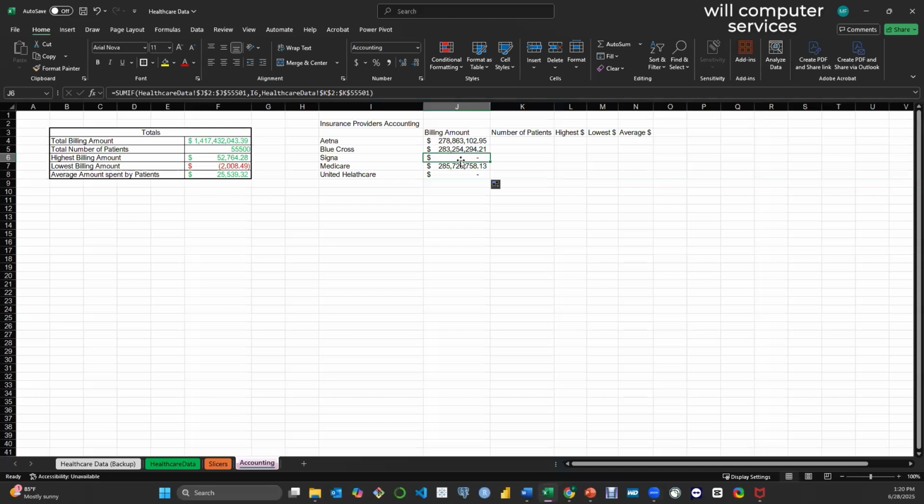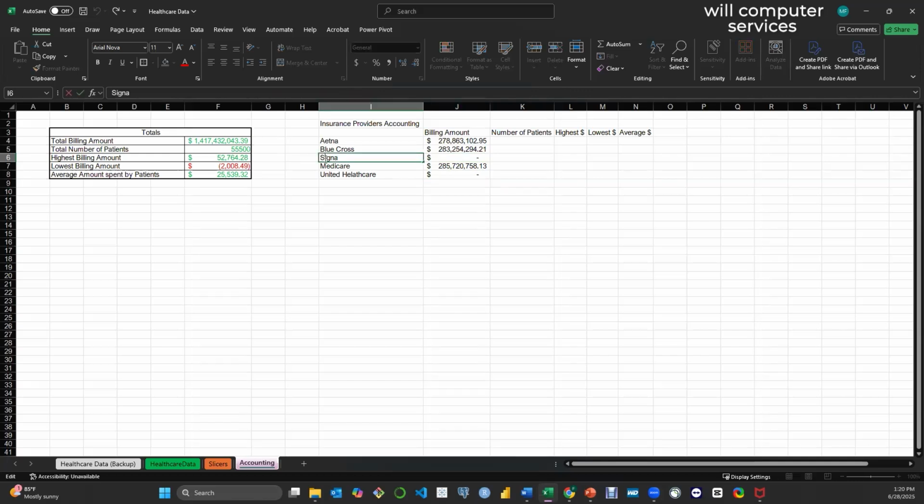So why do you think it's empty here? Because these are the names of insurance providers. Because there's a typo in Cigna and in Humana healthcare. Absolutely, okay? So now see, when I fix my typo here, and then I fix my typo here,